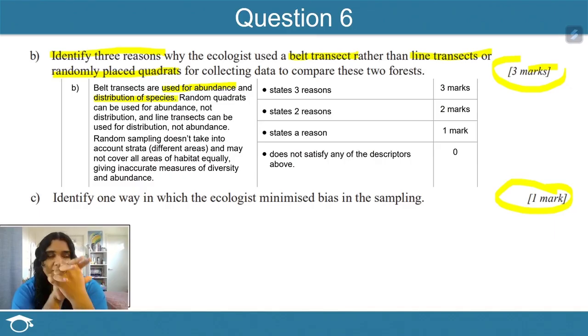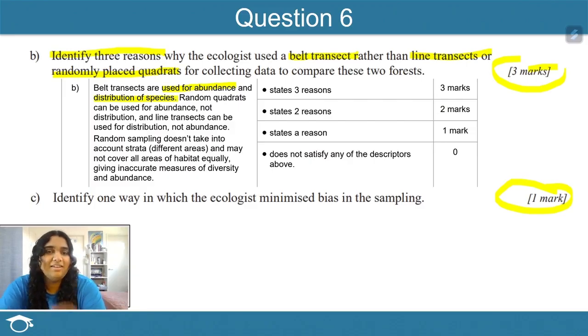The reason why this is important, or you can only get this kind of information from a beltline transect, is because random quadrats can be used for abundance, or finding the numbers of species, because again, they're just squares and you're counting up all of the species in that one quadrat, but not distribution. Another thing that you can use, like what distribution means, is finding environmental gradients as well. So seeing how abiotic factors can change over the course of a line transect. Random quadrats give you no insight into that. So that is one reason why beltline transects can be favored over random quadrats.